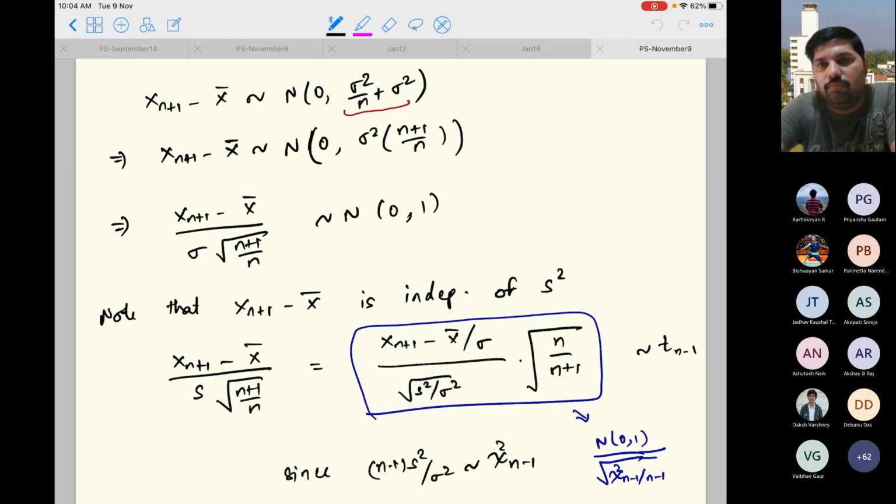Okay. Yes, Priyanshu, go ahead. Sir, did you cover approximating gamma